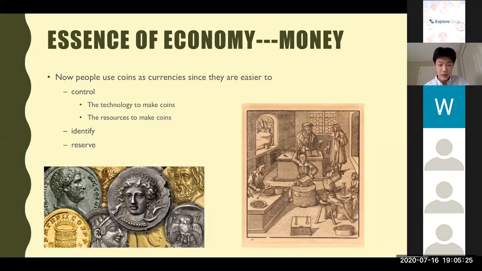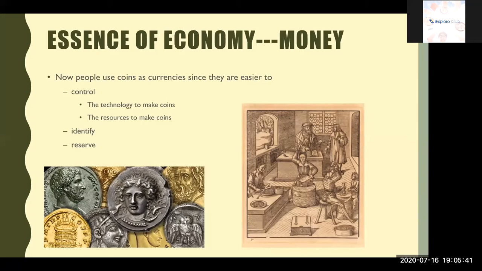And they loved to use this way to maintain their power. The technology and resources, as I mentioned, to make coins are rather hard to get compared to other currencies like shells, fish, or salt, because those all come from nature. But these coins are made by man, as you can see in the picture on the right. There were a lot of medieval people forging coins, and it's a complicated method. Coins are also easy to identify because they all look the same, just in various types.